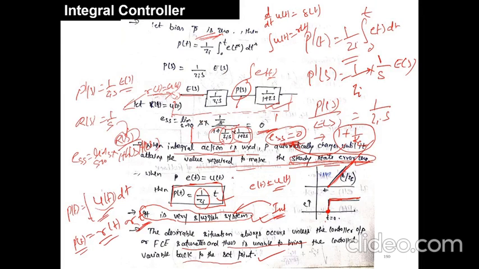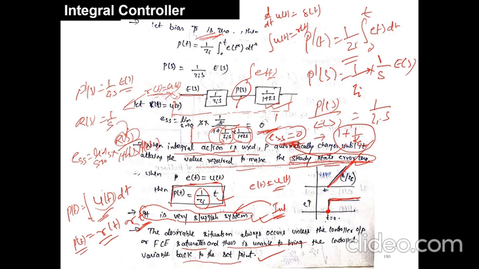We have already found the transfer function and also the steady state error. In the ideal case, the steady state error of the integral controller becomes 0, and therefore it removes the offset problem of the proportional controller. But at the same time, it is sluggish. It is very slow due to the integration of that error. Until the error becomes 0, the integration will go on.